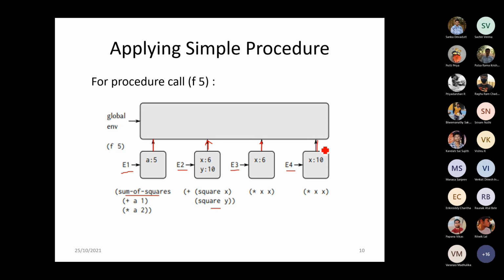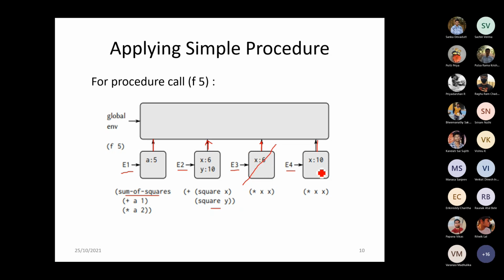Okay. So the E4 environment would be created because it's a named procedure, square. Now how it will be executed: it will execute the E3 environment, where x has been assigned the value 6. It will execute the multiplication of 6 with 6 and return the value. The returning part we are not worried about. Once this environment is done, it will be released. That means we cannot access the same location anymore.